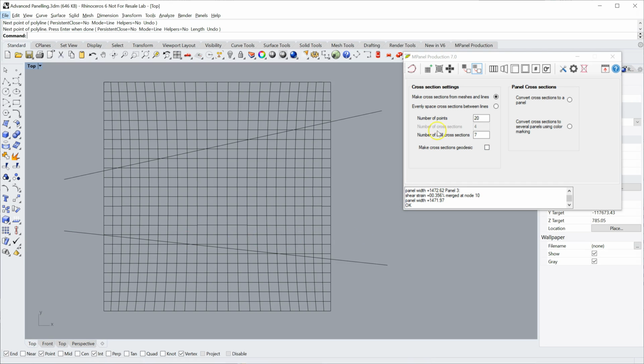We specify first of all that we're going to make cross sections from the mesh, and then later on we'll convert these cross sections into panels. Here I've specified to make cross sections from meshes and lines. Choose the number of points which is roughly similar to the number of points going across the mesh, and specify